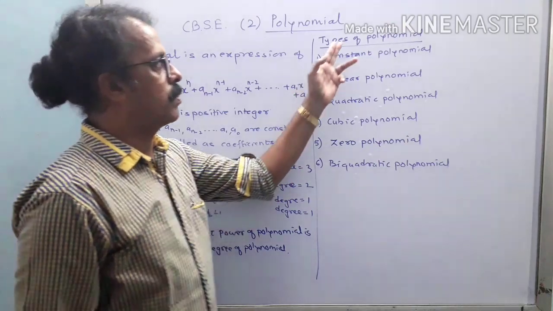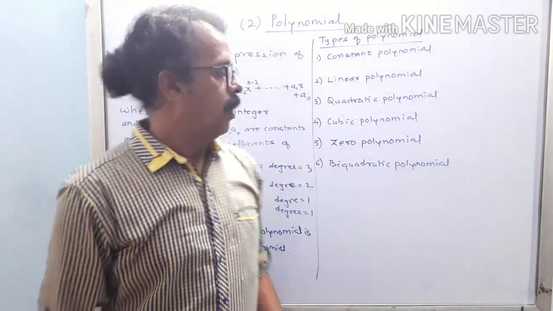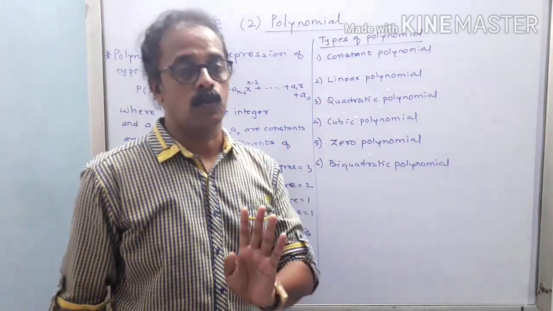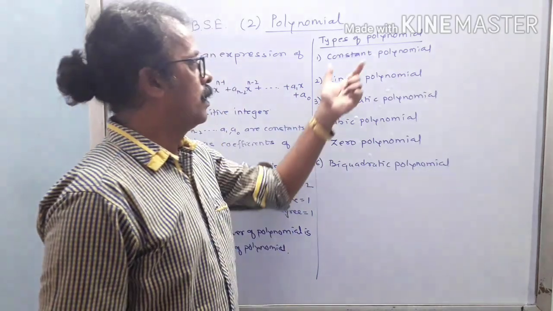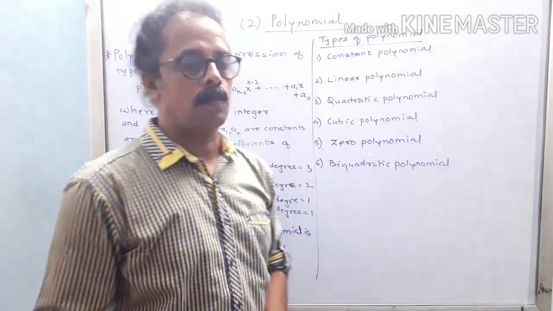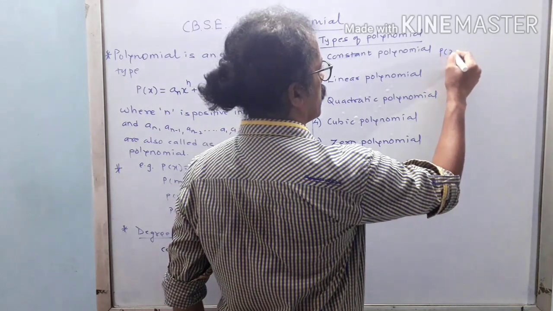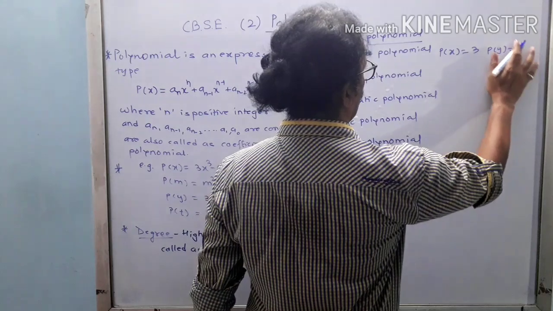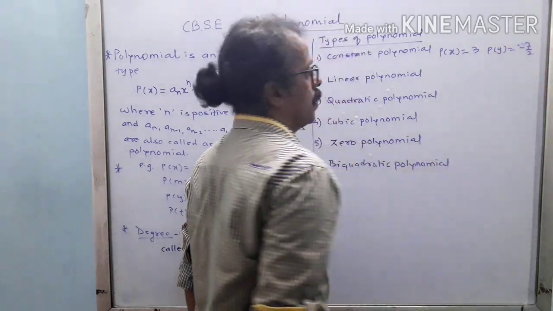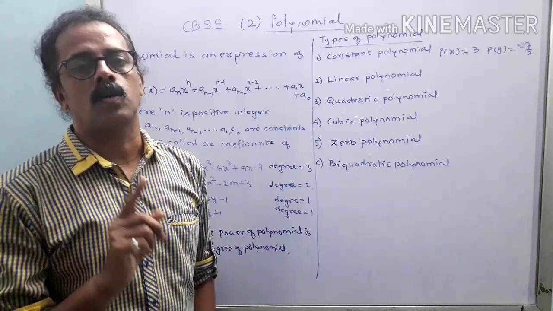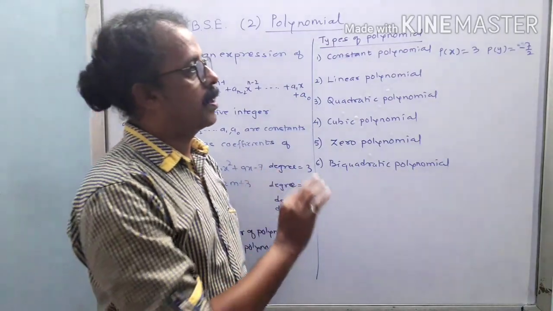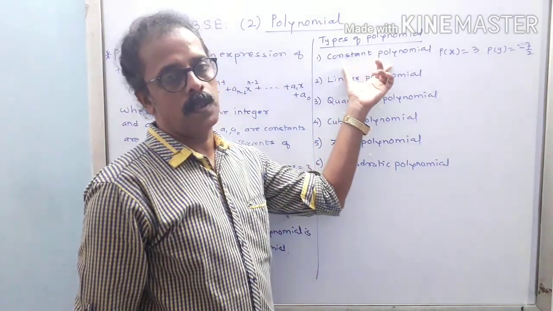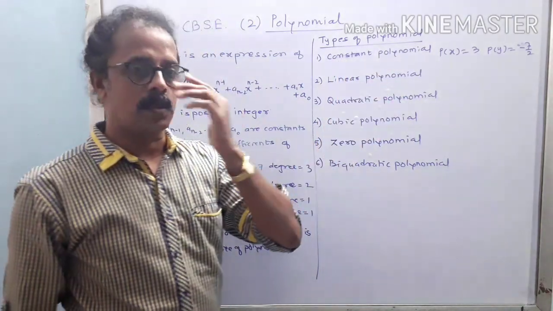Now next, we want to study the different types of polynomial. On the board I have written a total of 6, out of which you might be aware of 4 or maybe 5. First is the constant polynomial. If I say p of x is equal to 3 or p of y is equal to minus 7 upon 2, these are nothing but constants. Here I am taking a constant value which does not depend upon the particular variable, and hence it is called a constant polynomial, and the degree of a constant polynomial is 0.